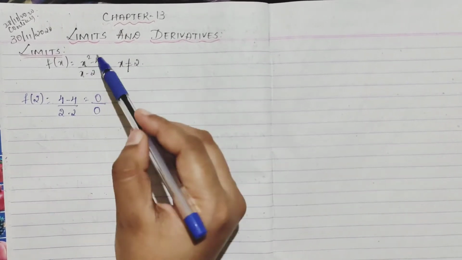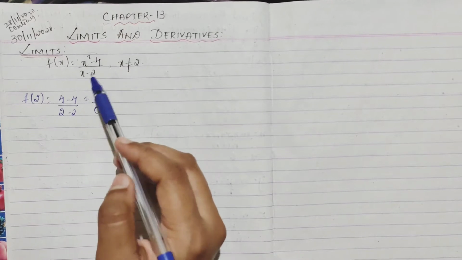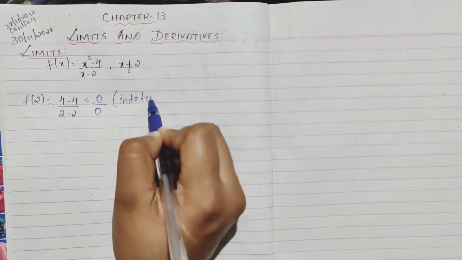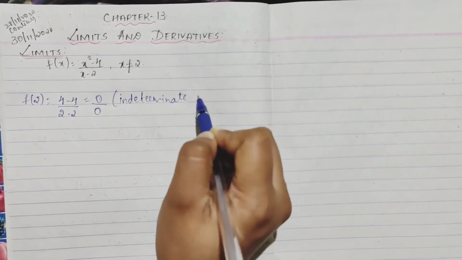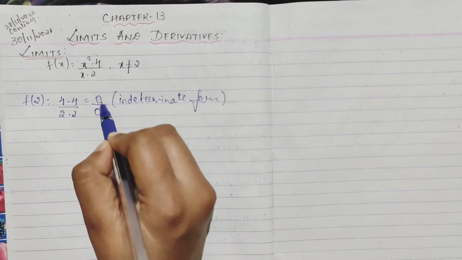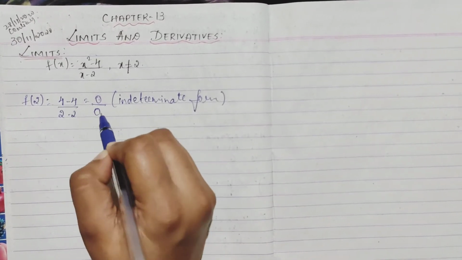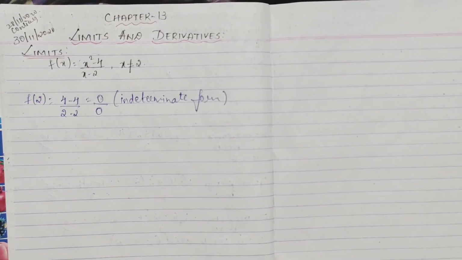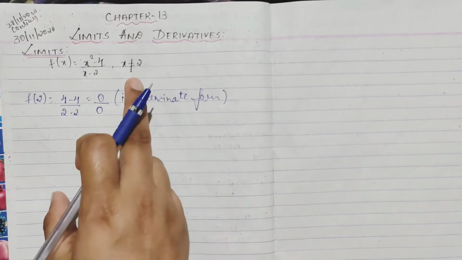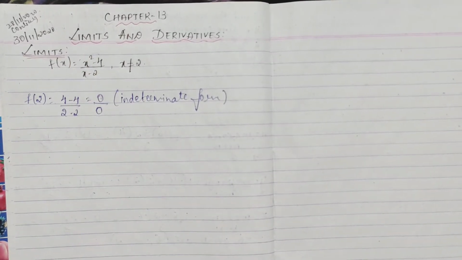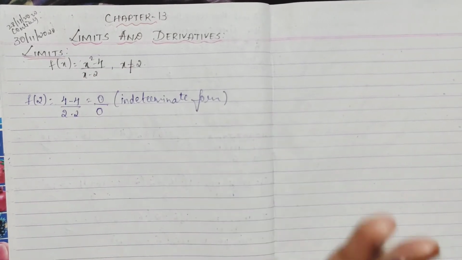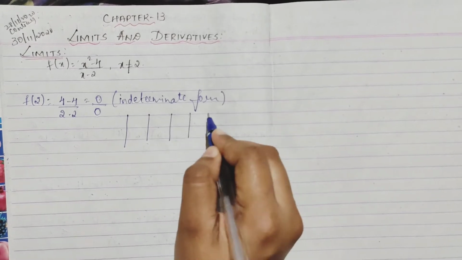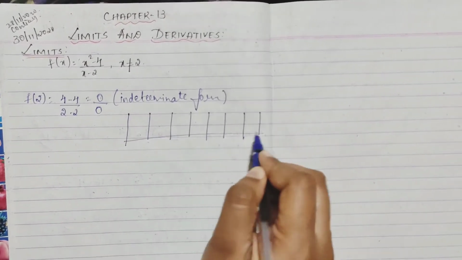See, this is separate when you are coming to limits. This is nothing but your indeterminate form. We call it an indeterminate form, where your numerator is 0 and your denominator is also 0. So we know we are getting an indeterminate form, but still we want to know, if x is not exactly equal to 2, then what is its value? I am just taking a table.